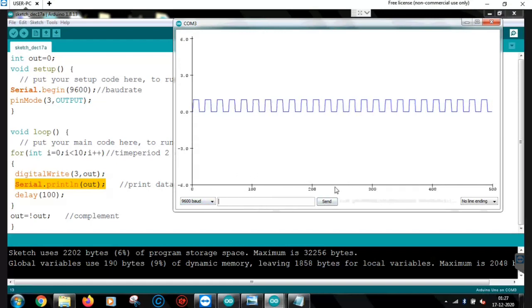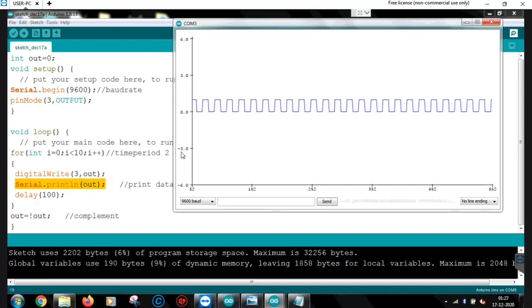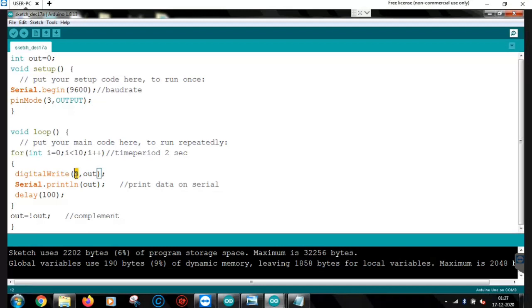So to check that, we can use oscilloscope. So on the third pin we can connect oscilloscope and check the frequency or time period of the signal. So oscilloscope is a device which can be used to measure the parameters of any voltage signal or current signal. Okay, so we can measure on time, off time, frequency of any signal, or rise time, and there are many parameters. So we can use oscilloscope for that purpose.